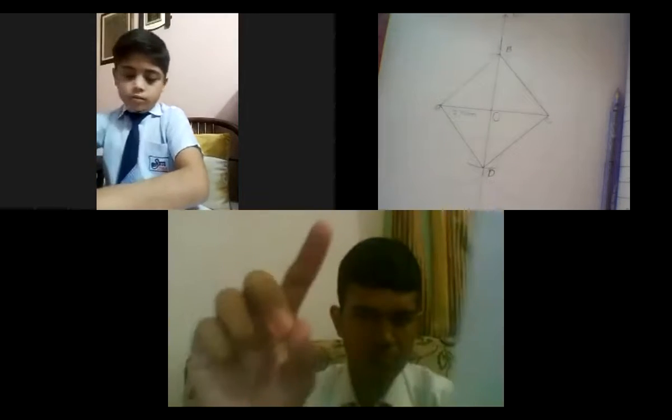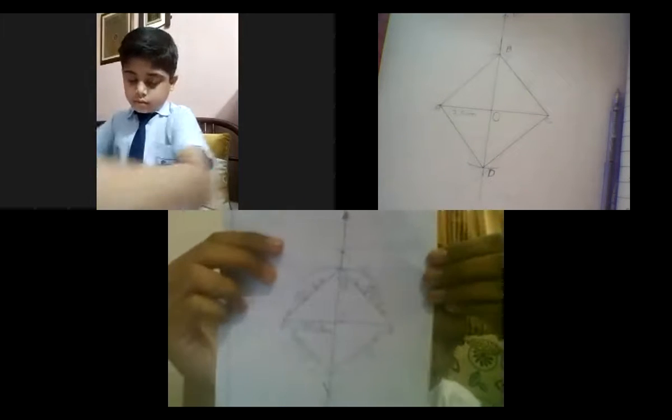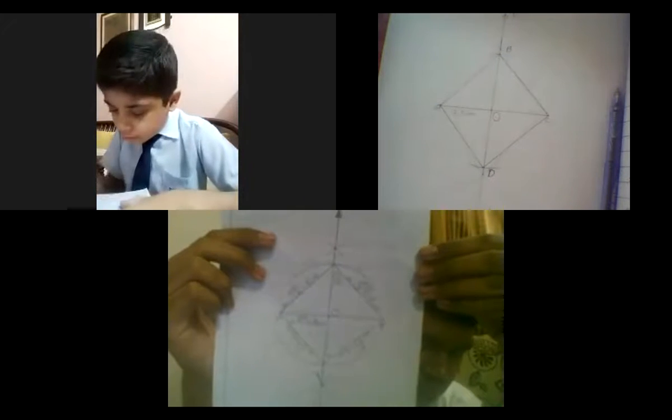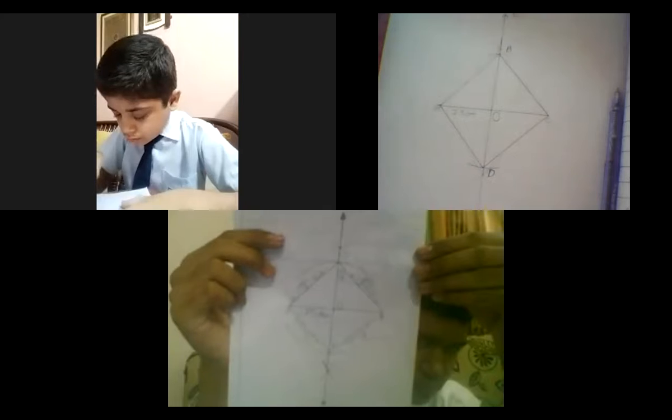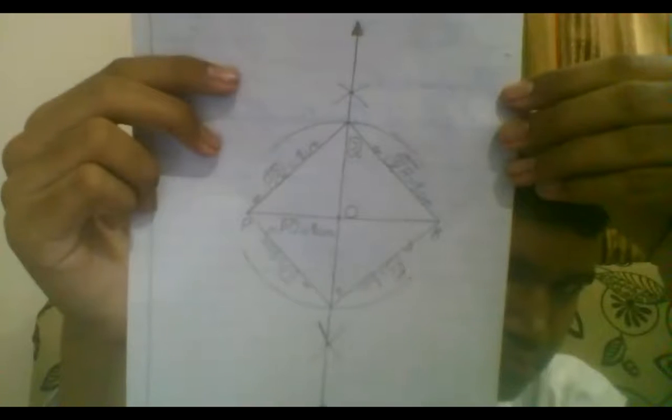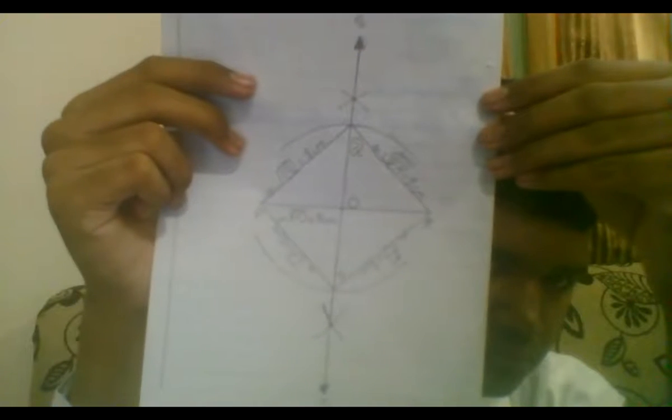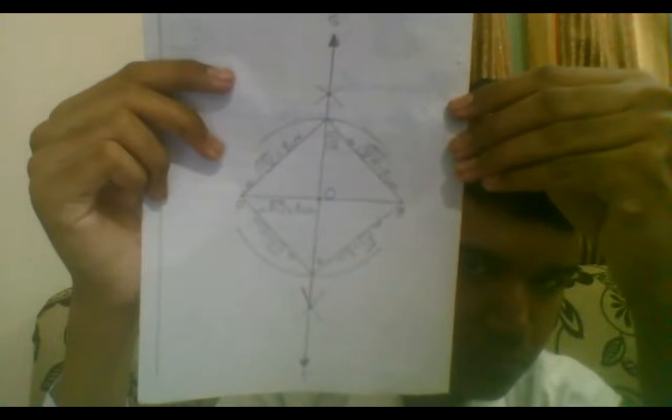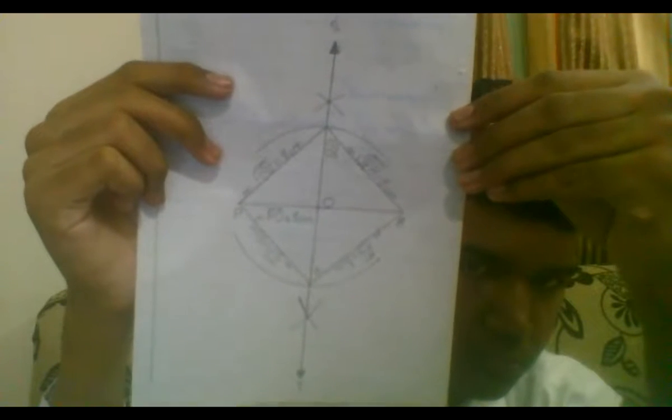Okay, so here we can see the copy of Shahroz on the screen. Once again, let me stop my video. Let me remove my video over here. Ali, quickly complete it and just inform me after completing it. Okay, so we get P, R, Q and S. Very good. But here you have mentioned the right bisector S or T. Very good. Everything is clear, Shahroz? Okay, that's great.